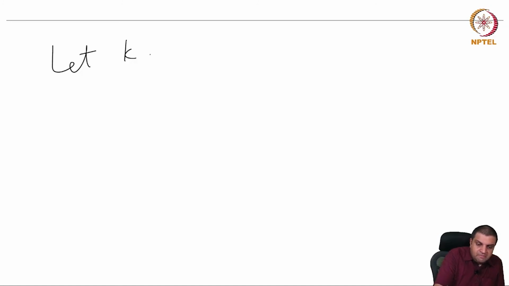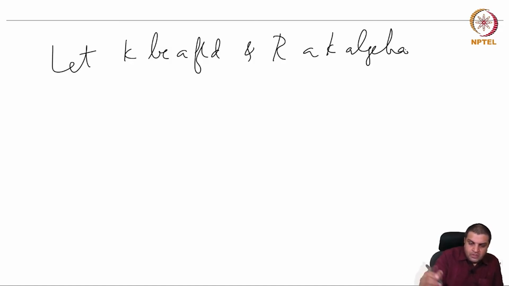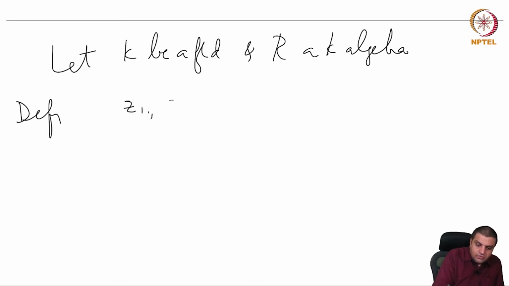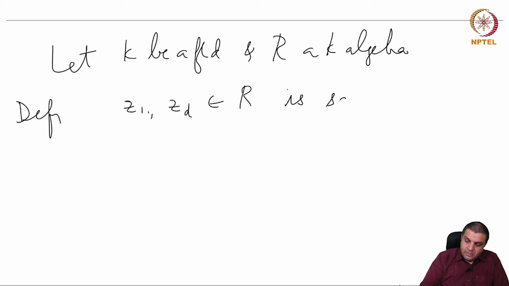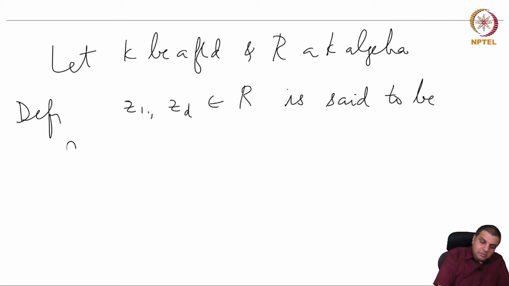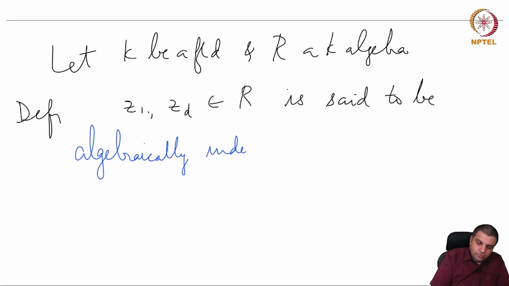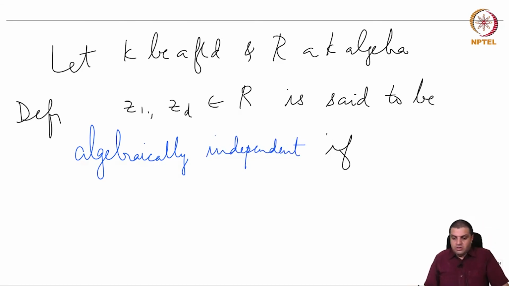So let K be a field and R a K-algebra. Definition: Z1 through ZD inside R. For the definition, we don't need to assume that it's finite type, but we are taking finitely many elements inside R. Okay, is said to be algebraically independent over K if